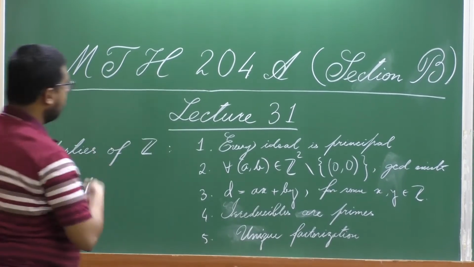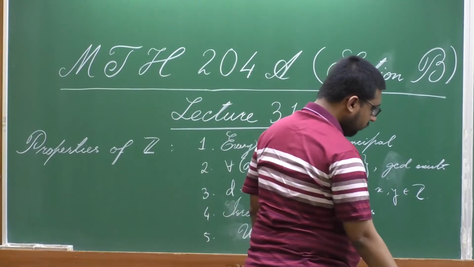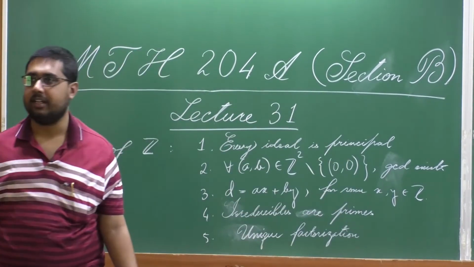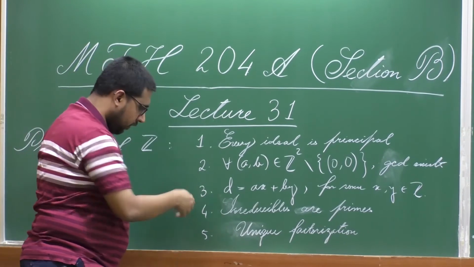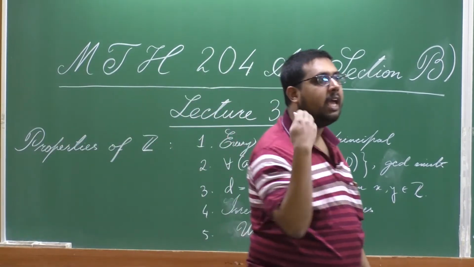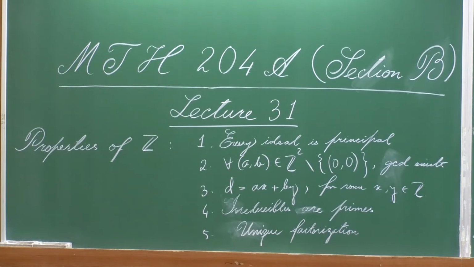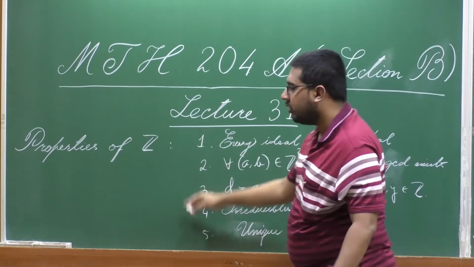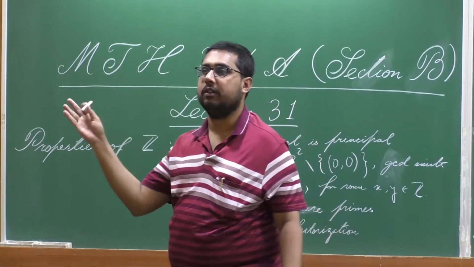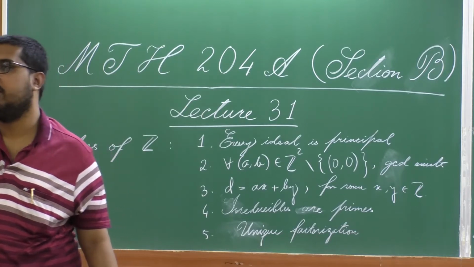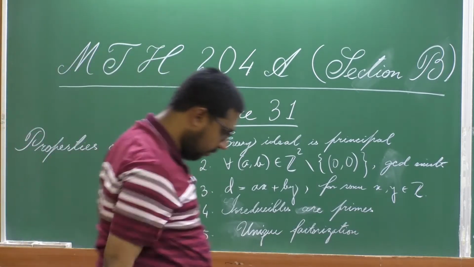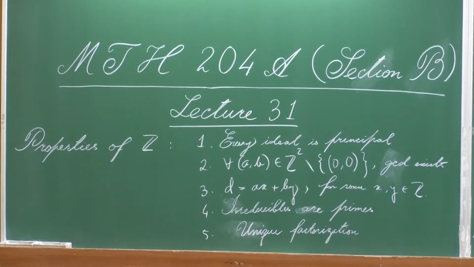Recall that in the last few lectures, we were focusing our attention on the main properties of Z, namely these 5 properties, and we aim to develop these properties in more general settings. In Z, these properties are consequences of the division algorithm. Therefore all these properties hold in the general setting called Euclidean domain. Then furthermore we have also developed them in the